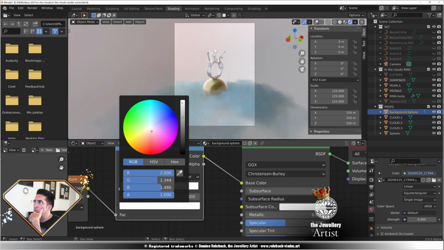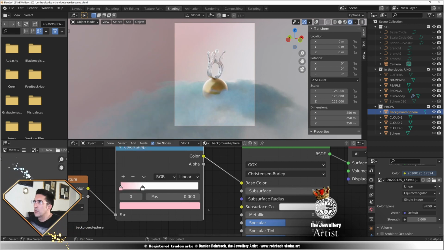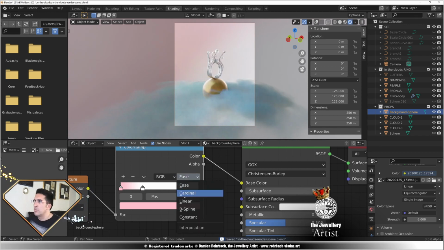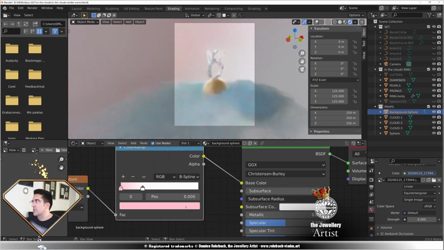I want full pink. Come on, move it. What's wrong with you? RGB totally went through the roof there. Okay, but maybe a bit... just like that. So we're going to ease this or even B-spline this. Okay, it's a bit